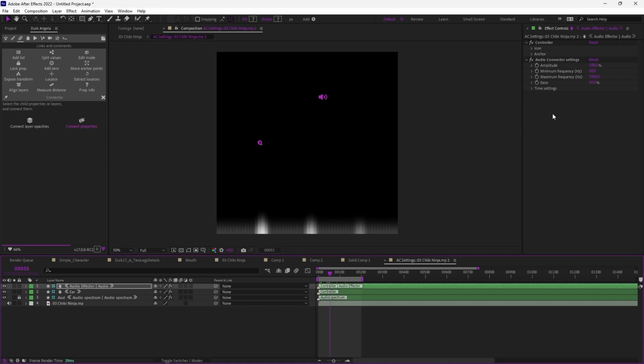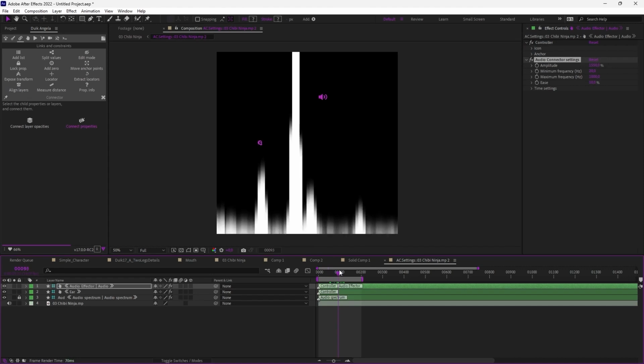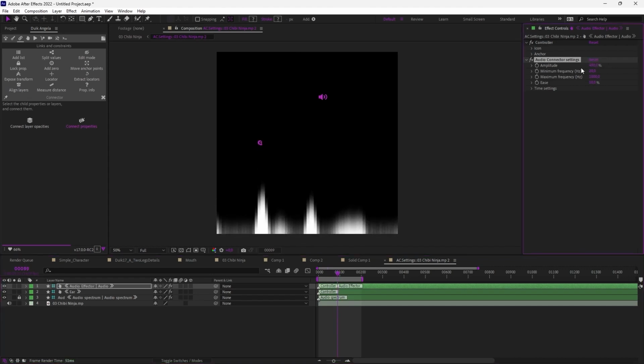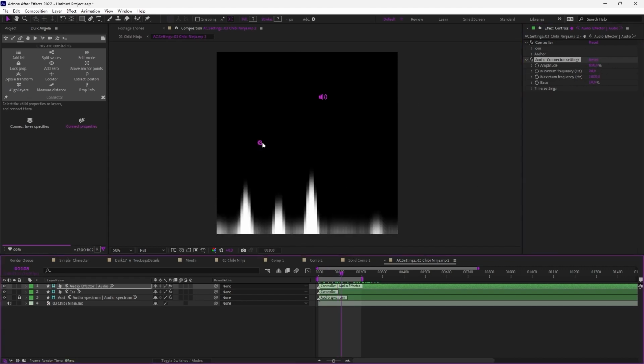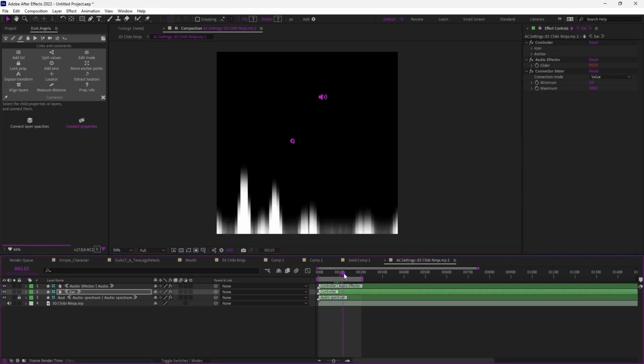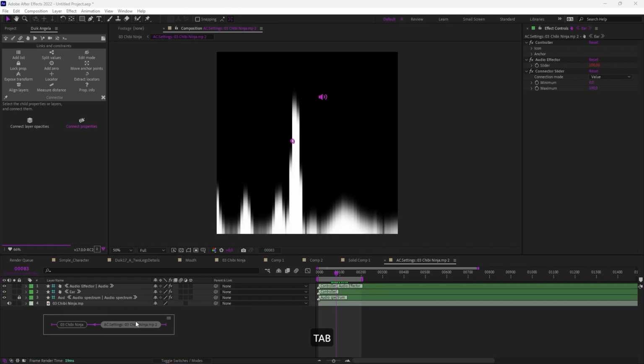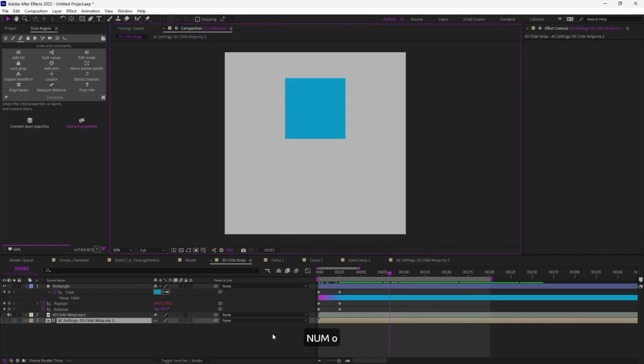For example, here I can see the spectrum is very small. I can use the amplitude to make it clearer. It depends on the audio and the sound you're using, so I can just set this. And then I can use the ear layer where I need the connection. By just choosing the note I want to connect, I can move the ear on the spectrum so that the cube is going to jump on this specific note. And by just doing this, on this note,